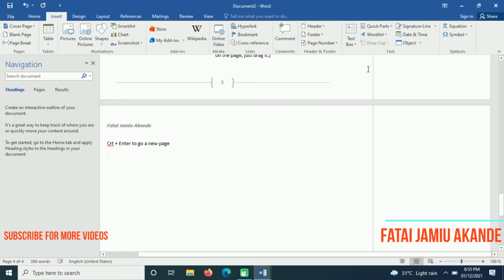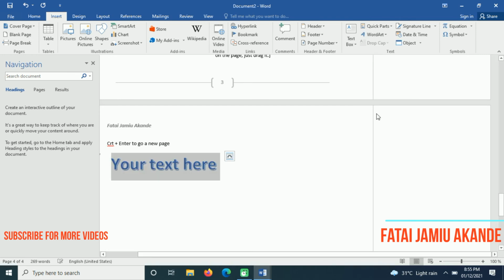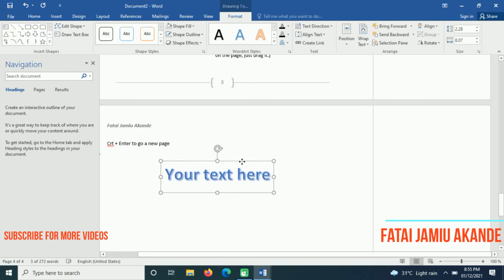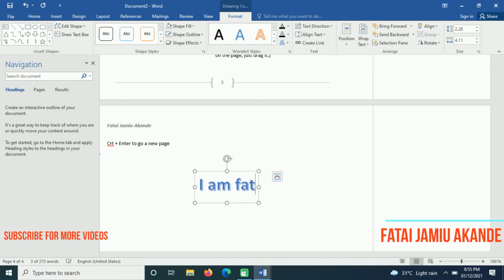So let's look at WordArt. Click on WordArt, then click on any one that you want. Let's say I click on this. As you can see, there are formats for writing your text. By default we have your text here. Let's say I am Fatai